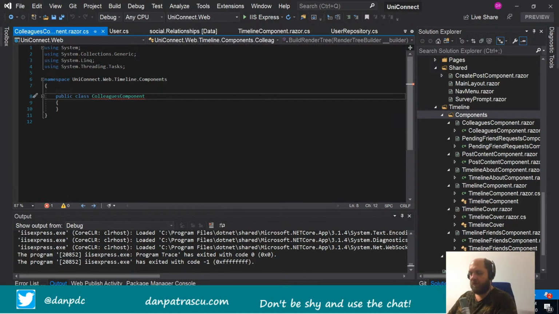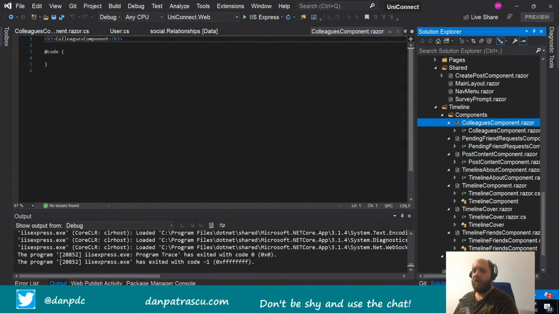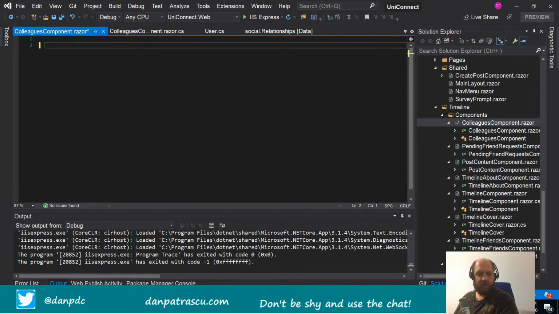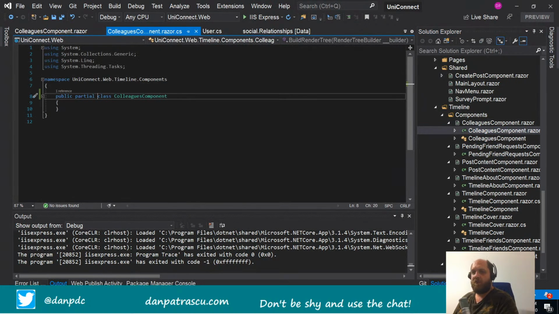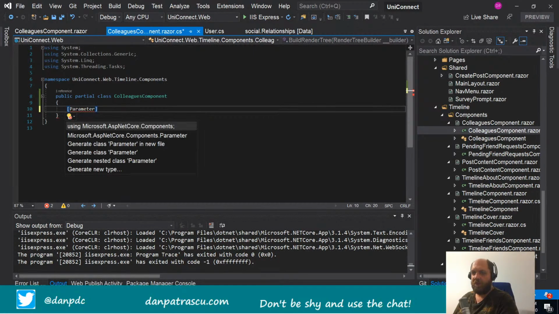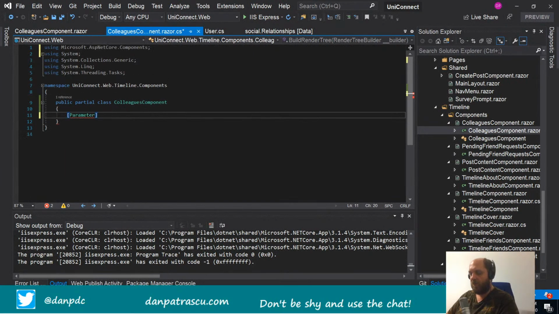And we have to mark this class as partial, because these two files, the colleagues component, the part where we'll put the markup, and this CS file actually are the same class, so they are not different at all. Now, what do we have to display here? But before we display something, let me set things up. This will be a very simple component. The only thing that we need is that the parent should provide us through a parameter a list of user that represents colleagues. So we'll have here a public list of user,